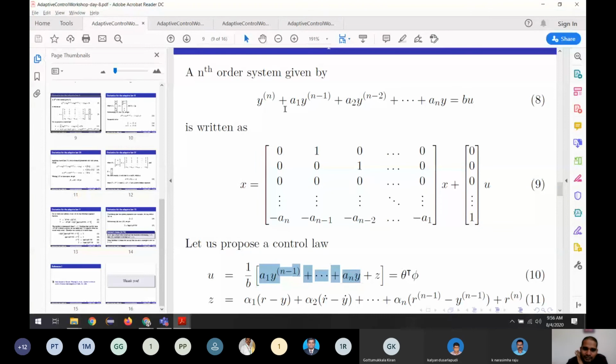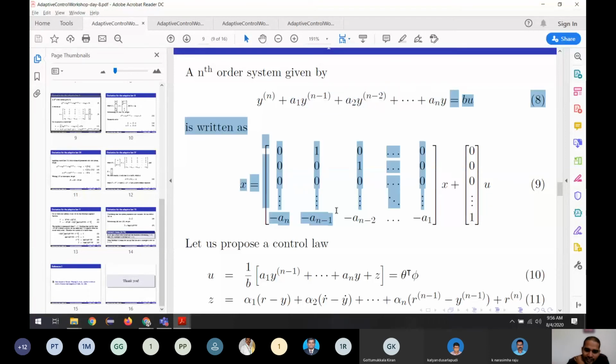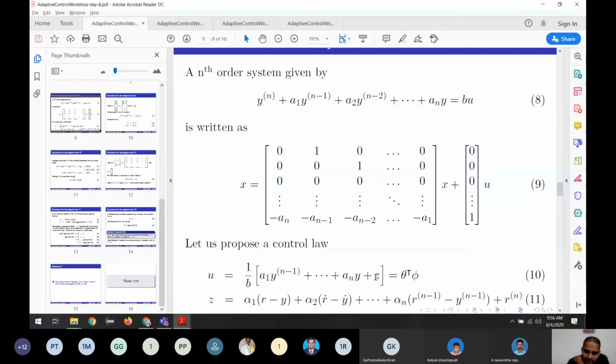So what we are ending up with is we are removing all the dynamics of the system. We are removing all the dynamics, and then we are adding the dynamics that we want. What are the dynamics we want? It is this z. The z is the desired dynamics. So what we are doing in the system is we are removing all the existing dynamics and we are adding all the desired dynamics. So whatever may be the actual system, we don't care because we are eliminating all